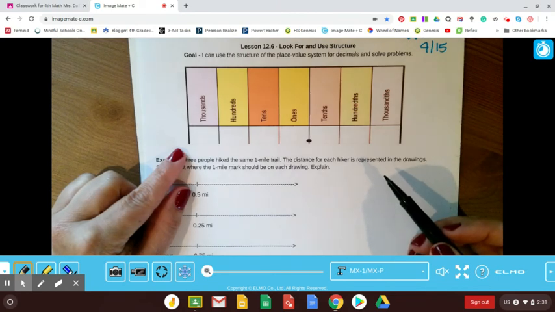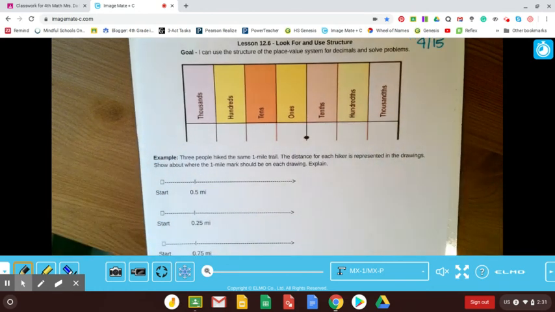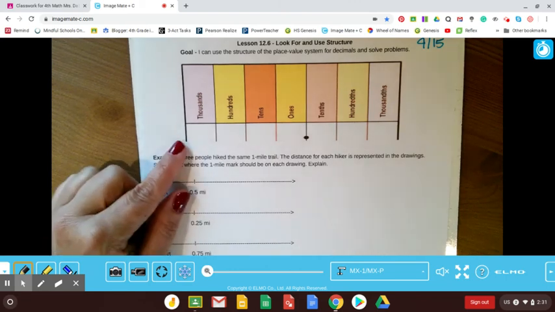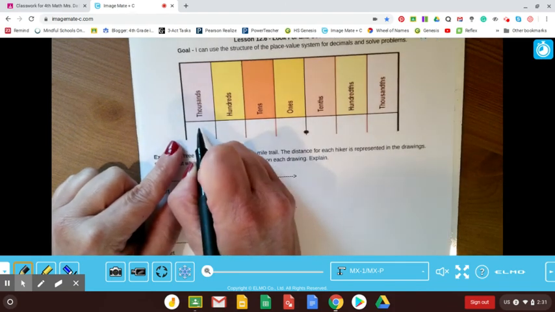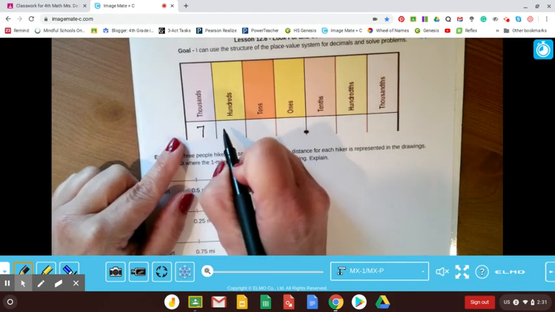7,217 and 717 thousandths. Try it again. 7,217 and 717 thousandths. All right, what you should have written is